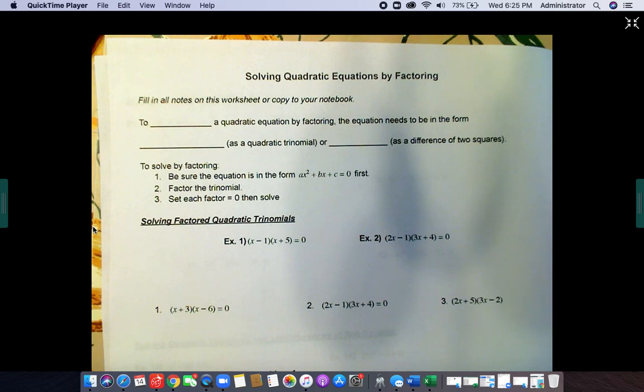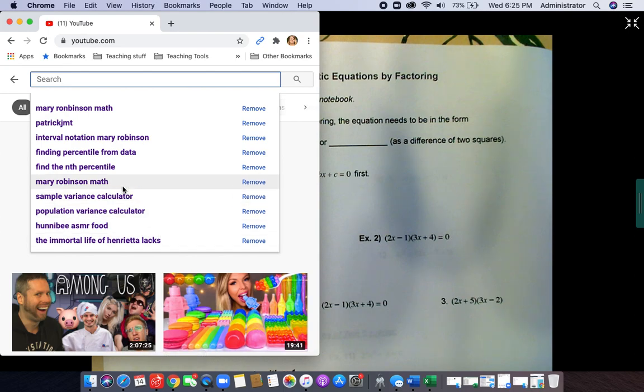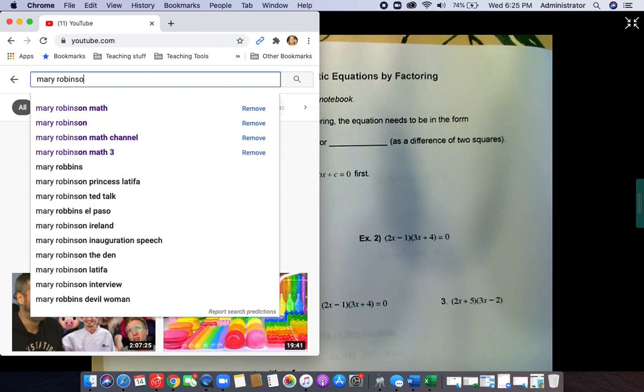In this video, I will be covering how to solve quadratic equations by factoring. As a quick reminder, factoring will be a skill that's very important. If you have forgotten and want to quickly review factoring, go to YouTube and search Mary Robinson Math